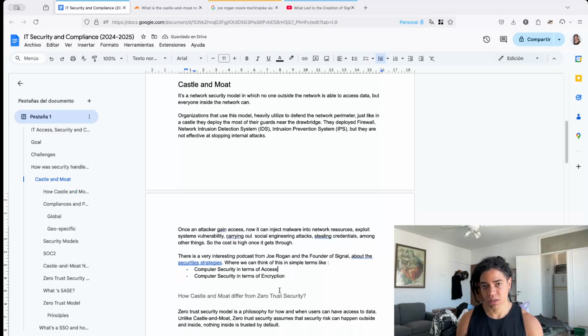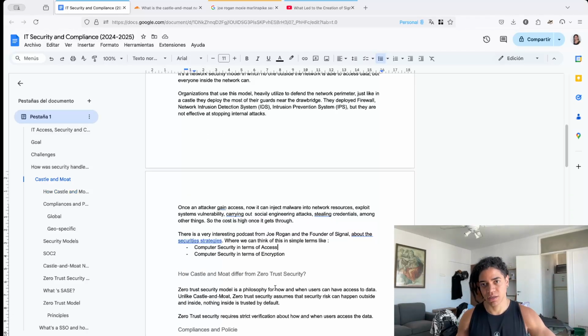That's why they have, for example, firewalls, intrusion detection systems, and intrusion prevention systems. But this is not effective for internal attacks, right? Once the attackers get in, they can not only steal credentials or exploit security vulnerabilities, perhaps carry out social engineering attacks, so